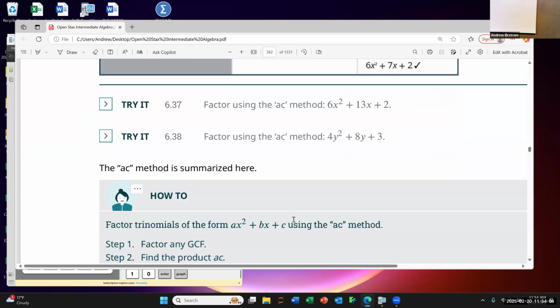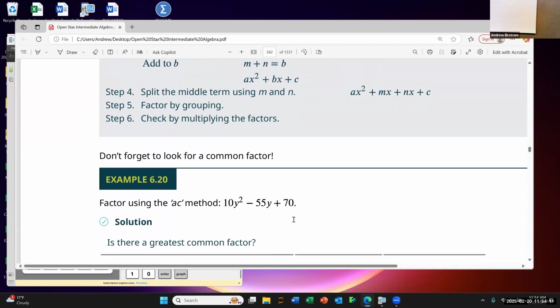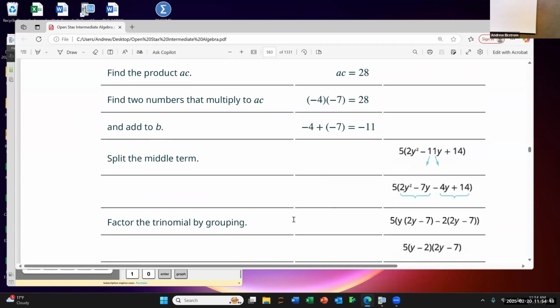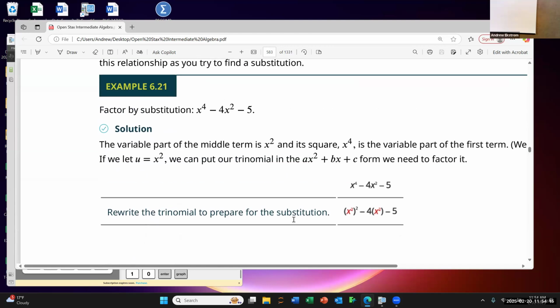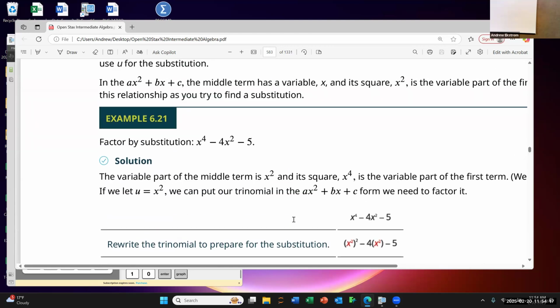There's essentially only one other type of problem that we actually have to deal with in here. And I'm trying to get to it as quickly as possible. So